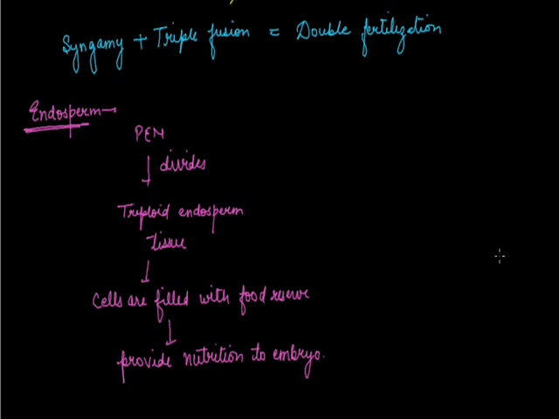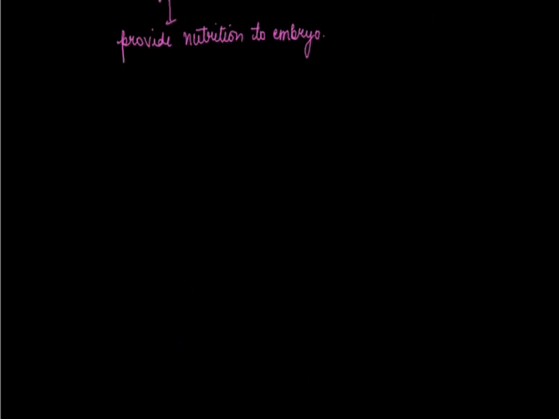This is a stage. Now, how is the zygote formed? How many types of fertilizations occur? When we talk about fertilization, we already thought about that. Now we are dealing with different types of stages. Now we are dealing with the formation of seed. The fertilized ovule develops into seed.